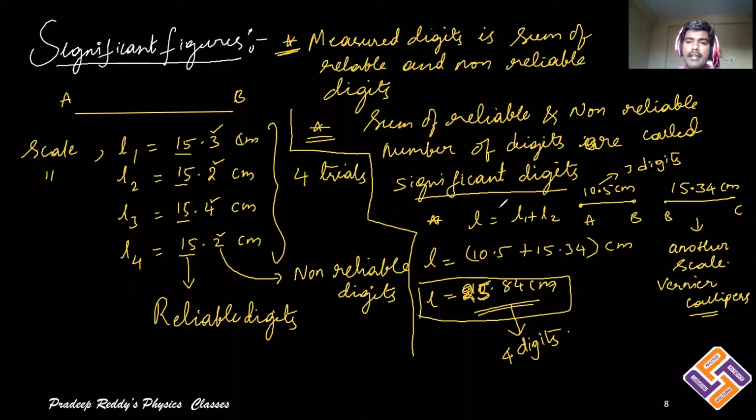So when you are doing mathematical calculations with these decimal points, there comes some kind of insignificance. You need to avoid that using significant figures. Significant figures help us in calculating the given numbers with proper significant digits. That is how significant figures are useful in mathematical calculations in physics measurement.